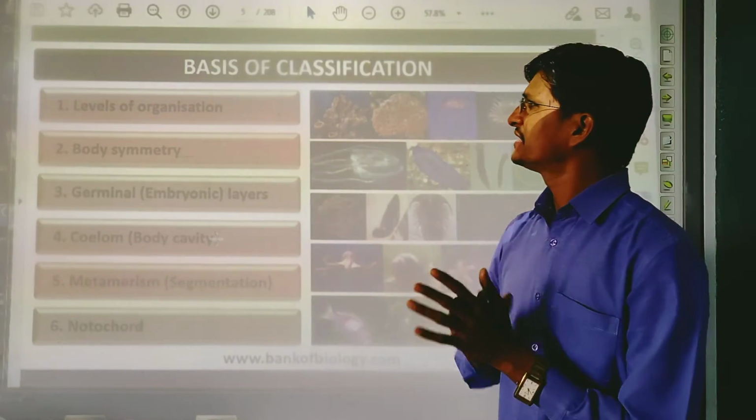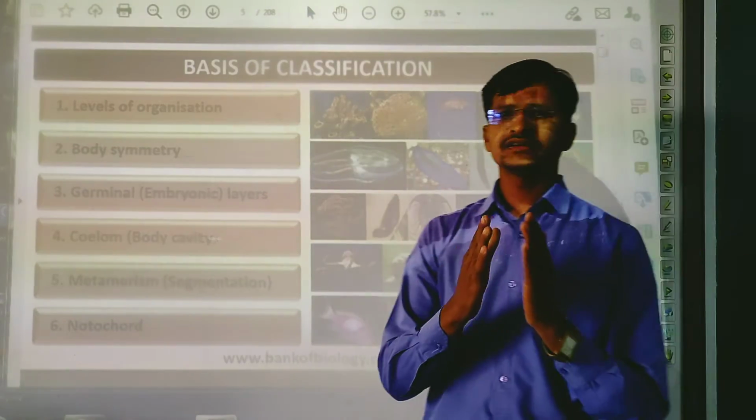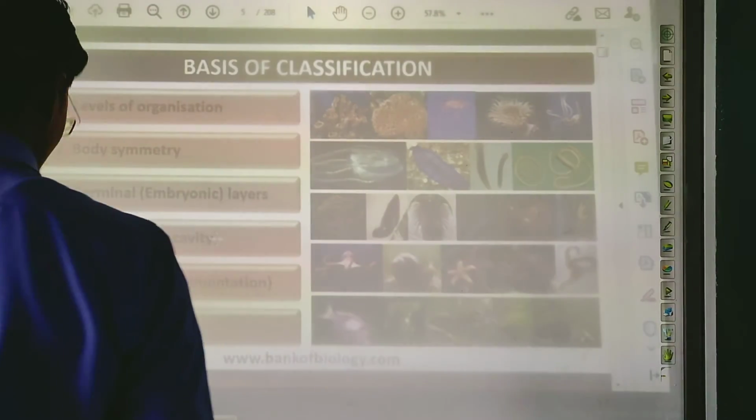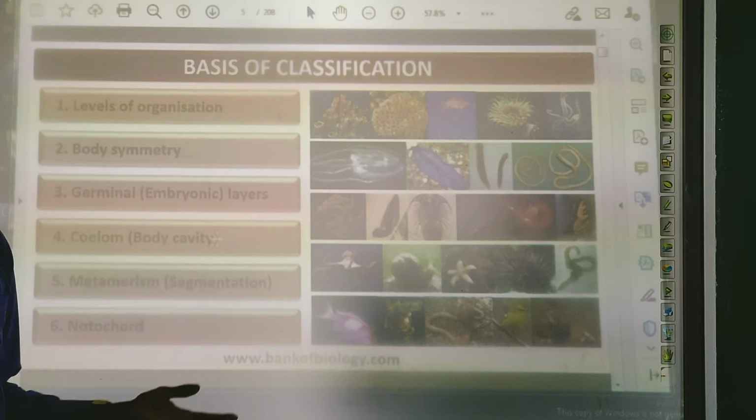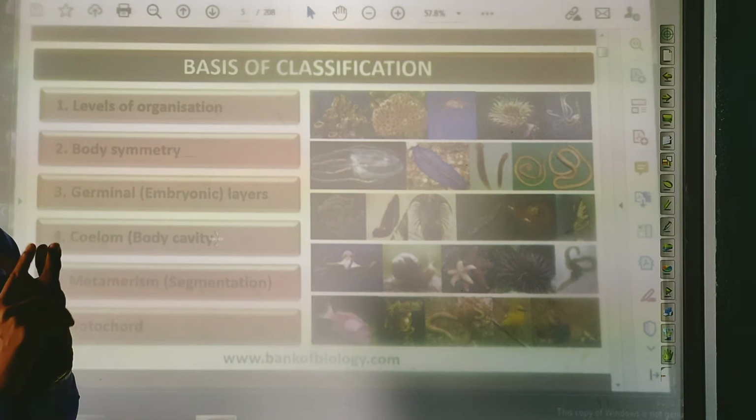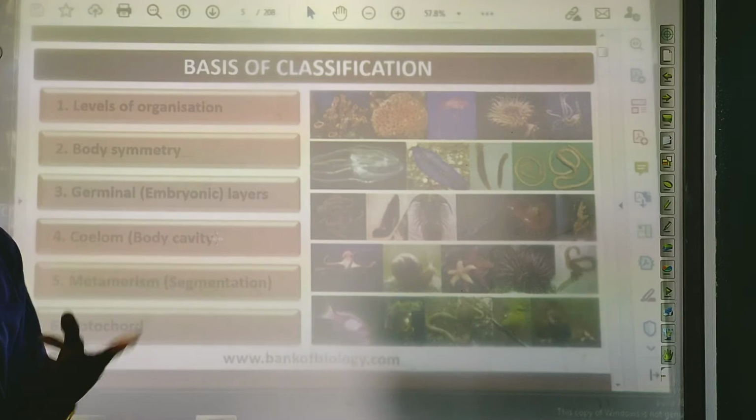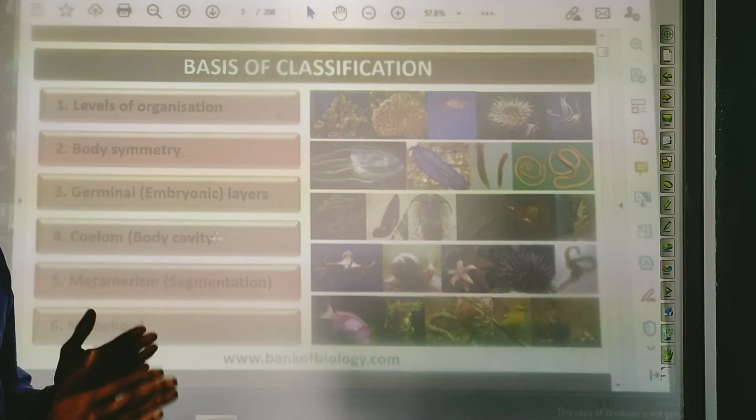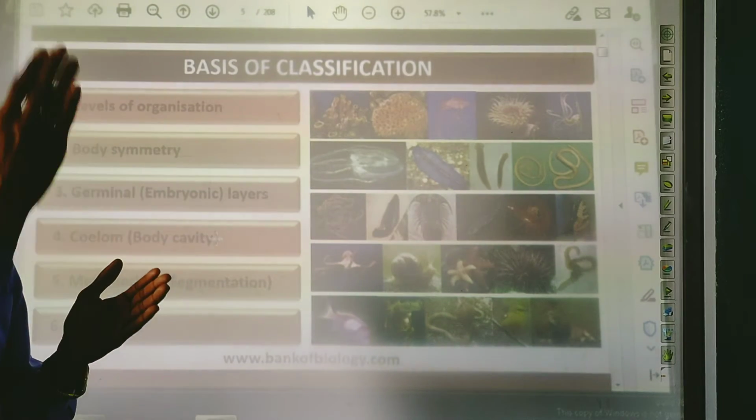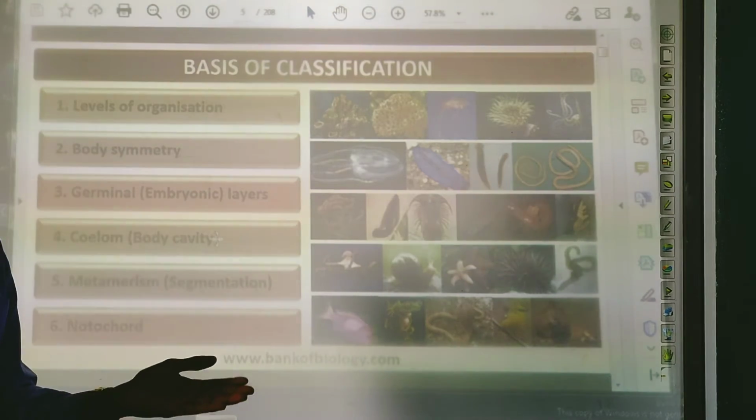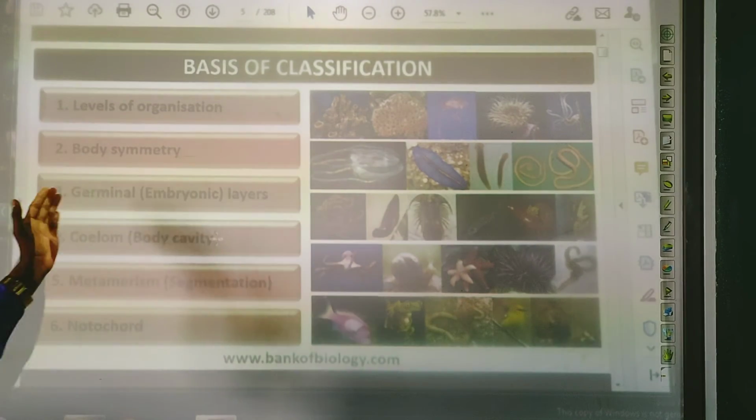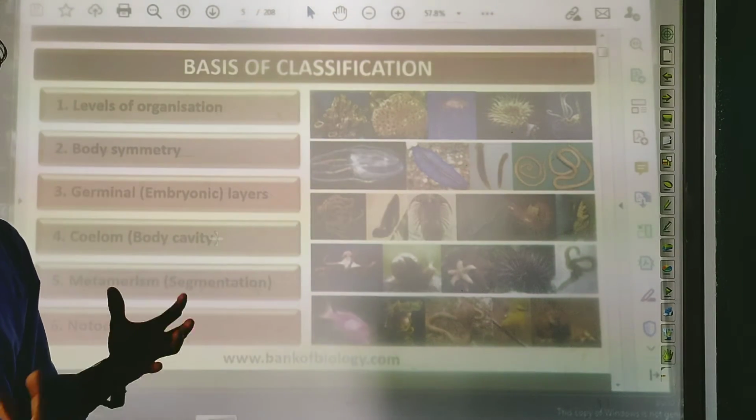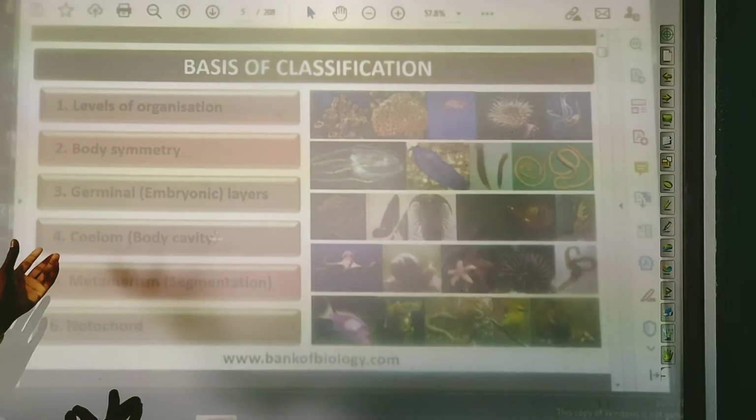Now, on what basis is the animal group Animalia classified? There are some different levels of organization that you will see when we discuss any animal or any group. First is the level of organization. Then body symmetry, whether bilateral or radial, so symmetrical body or non-symmetrical body. Then the germinal or embryonic layers and embryonic development, how the embryonic development is carried out in animals. Then coelom,